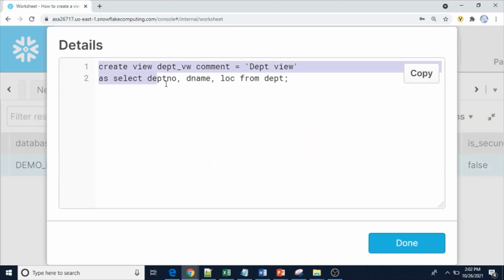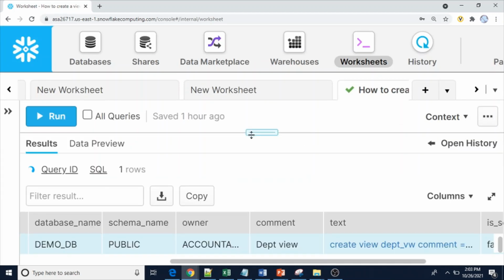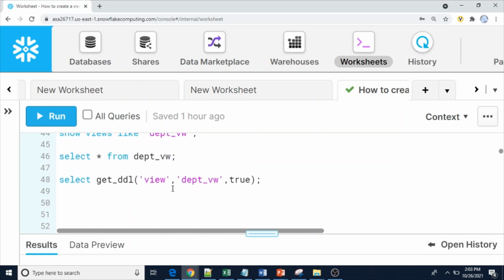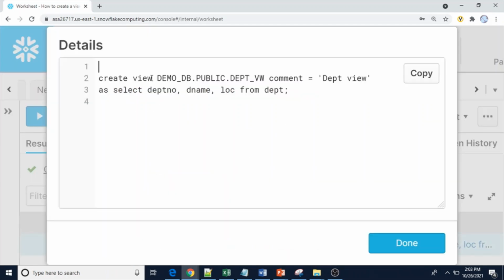This is the syntax we have seen to create a view. If you want to get the DDL of that view, use GET_DDL, passing the object type view and the view name, and true to get the fully qualified name. If you see here, the database name, schema name, and so on.